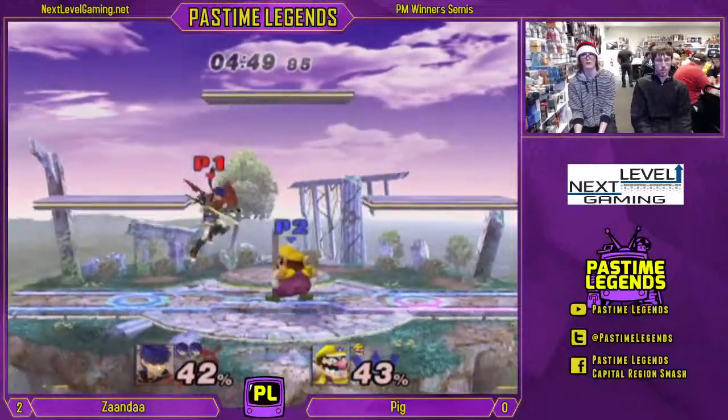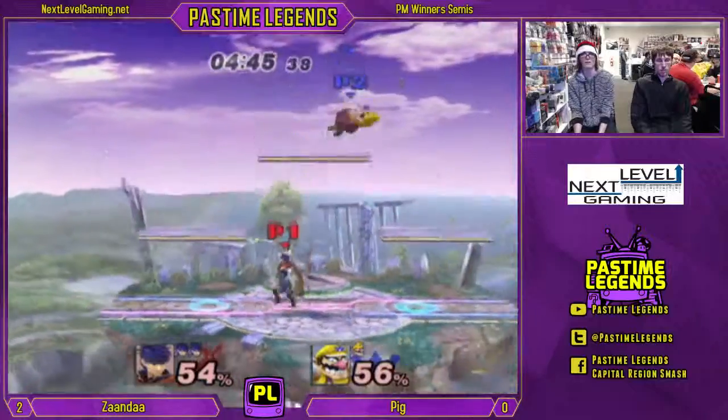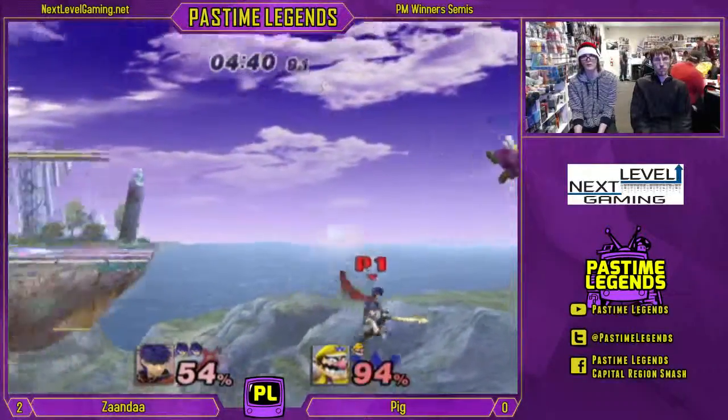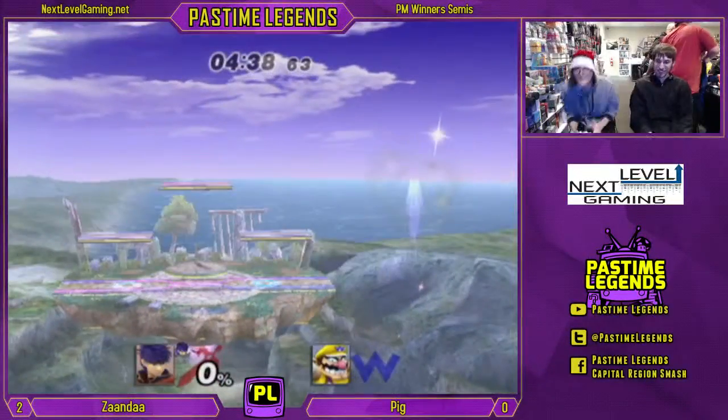Okay, yeah. Alright. Actually, I think that's fair, and I feel like that's a pretty good combo breaker if you can hit it, but it doesn't have that much range. It just has good frame. Wow. Ooh. Zaandaa goes for the style wall jump fair to take the